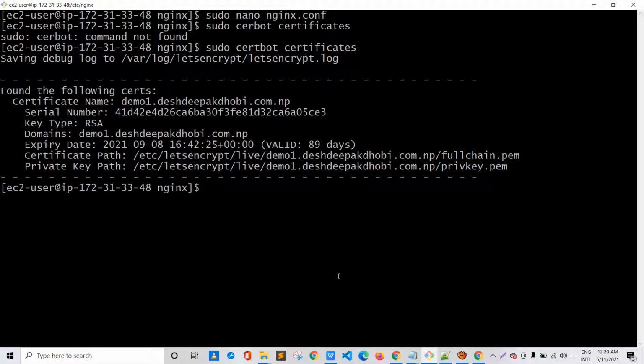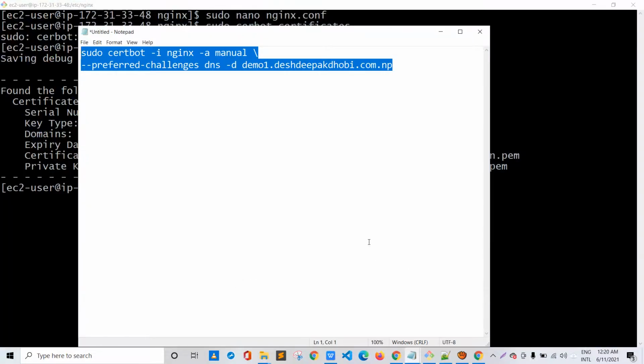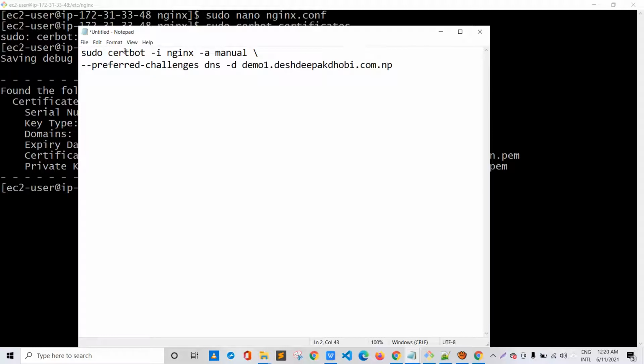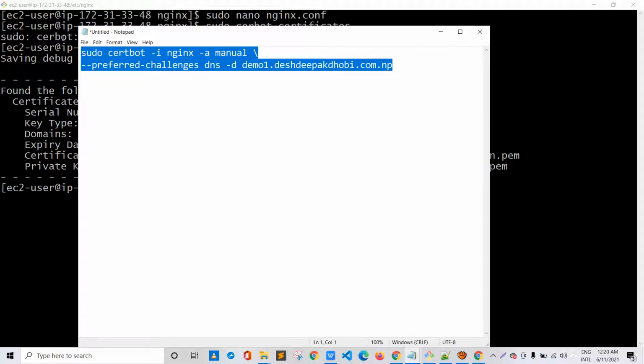But if you need to reconfigure the SSL certificate on this server only, then you have to hit this command. The command is this one, that is sudo certbot nginx. If you are using Apache or HTTPD instead of nginx, you can put Apache also, and manual preferred challenge, and just the name of the DNS or domain that you are going to implement the SSL certificate on. So I'm using it on demo1.desdeepakdhobi.com.np. I'll copy this one